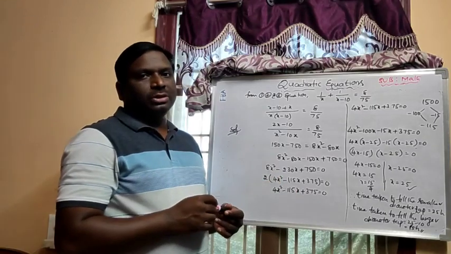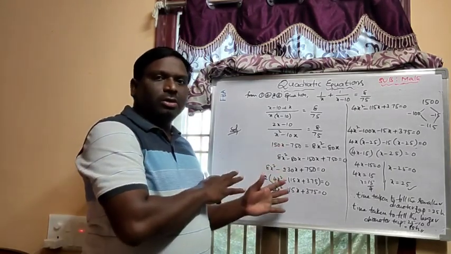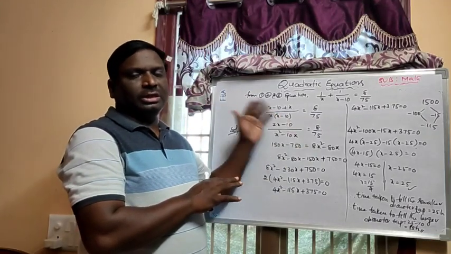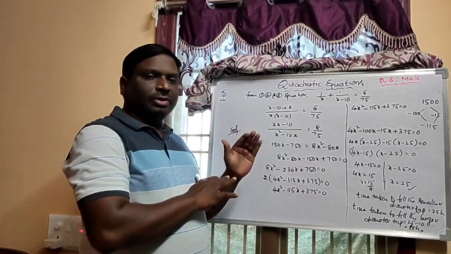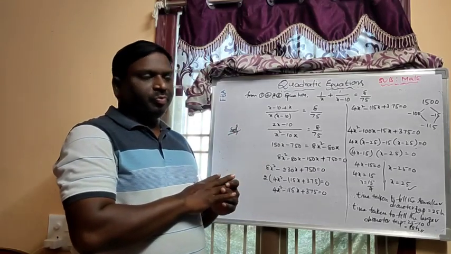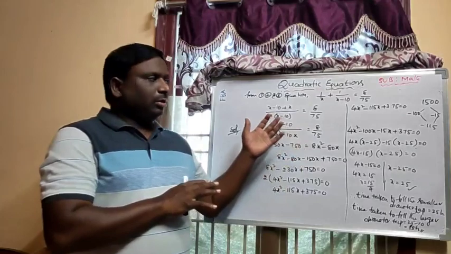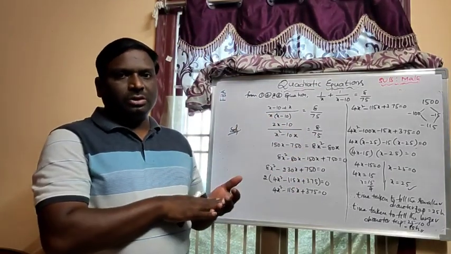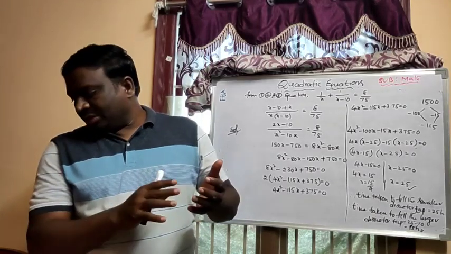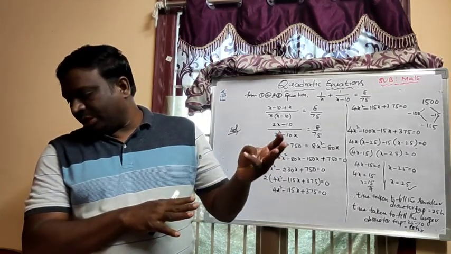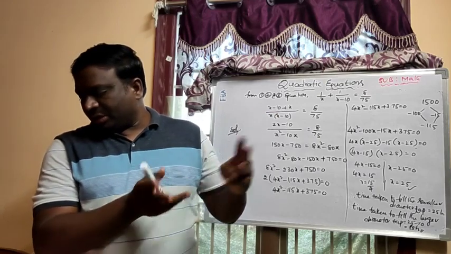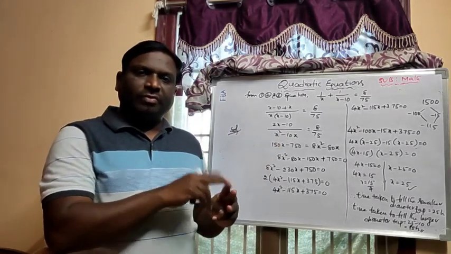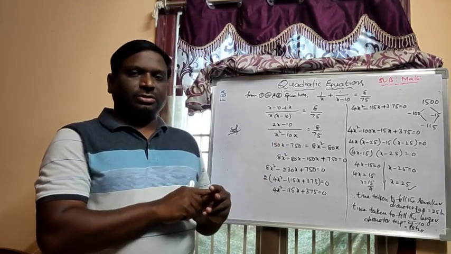It is also an important question. Based on this model only they will give the questions. They will not give the questions as they are, with the same values. They never do that in our board exams. So hope you understand the third session questions, and one or two questions I will explain in the fourth session also, that is the polygon question and the train travel question. Already I explained the same model in the second session. The difference of the numbers question is also there, that I will also explain in the fourth session, that means the next session.